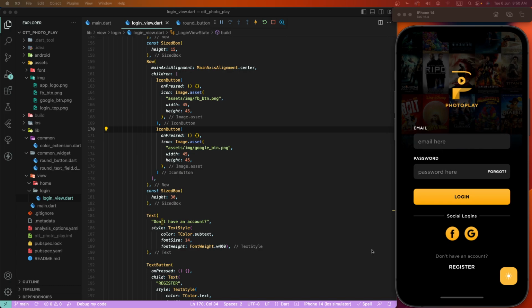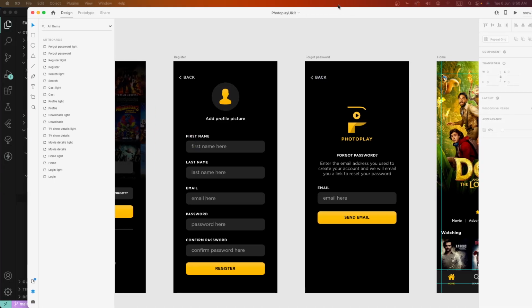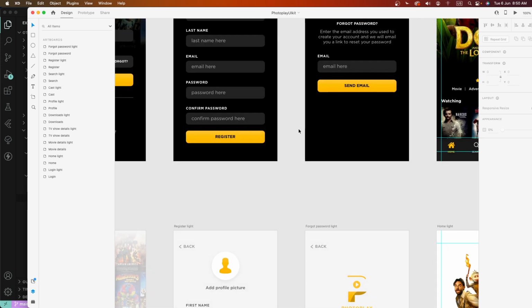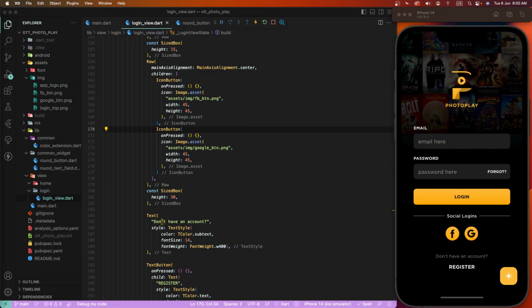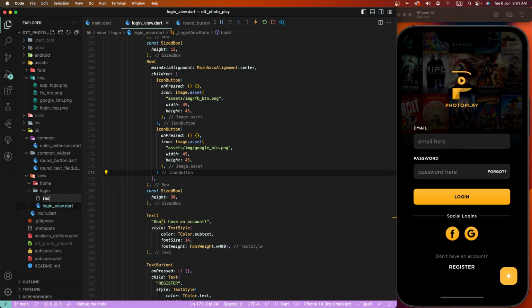Okay, now we need to start the register screen and forget password screen, two screens, developed in light mode and dark mode. Let's start the coding. First of all, we need to create a new file inside the login folder. Write down the new file as register